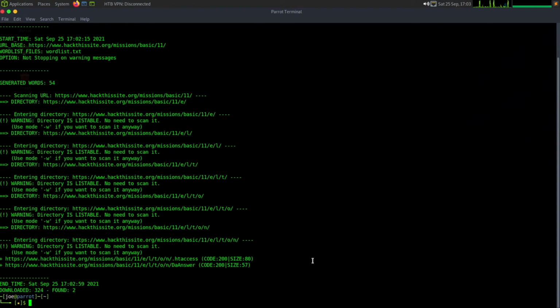I know it's a bit cheaty. It's probably not something that the Hack This Site admins would like, because it's going to be sending quite a few requests to the server in a short space of time, which could cause performance issues. However, I'm sure they have the infrastructure to support it.